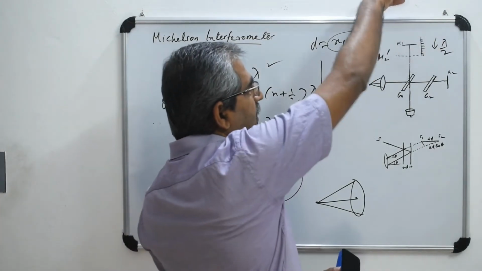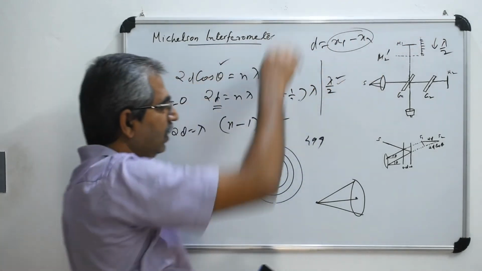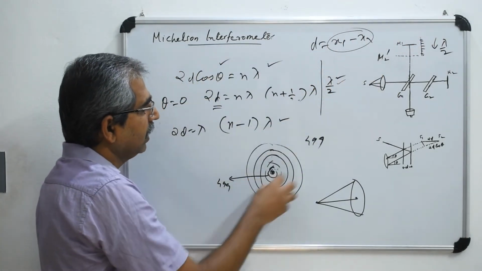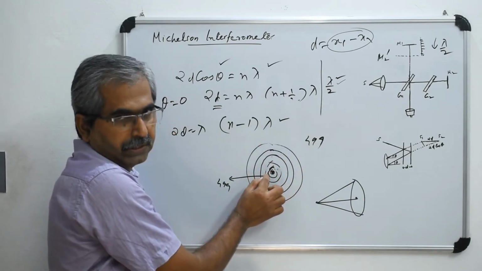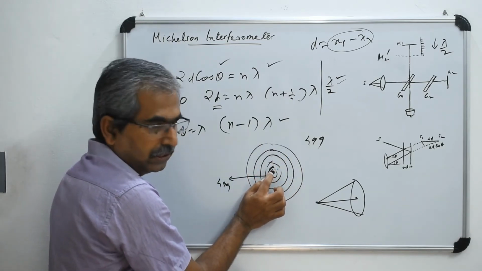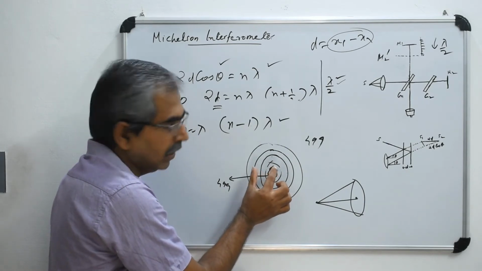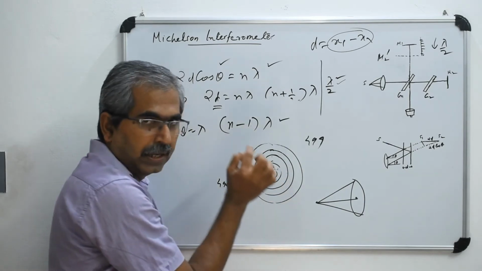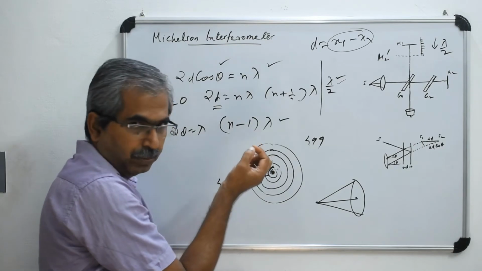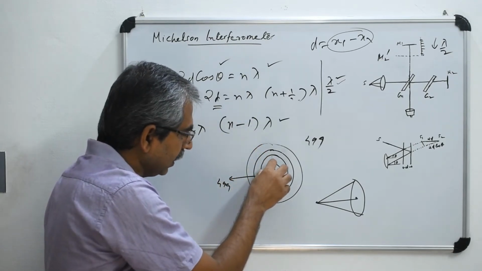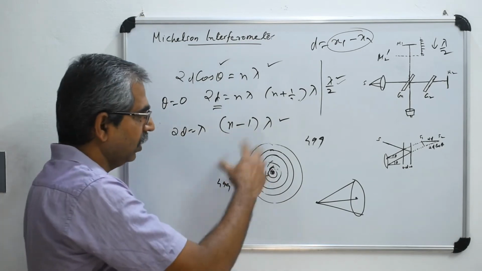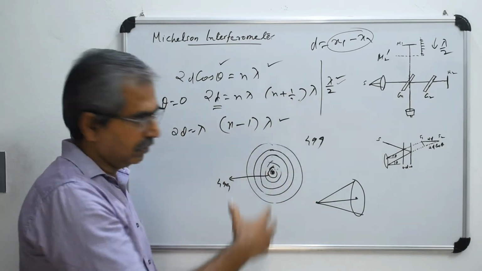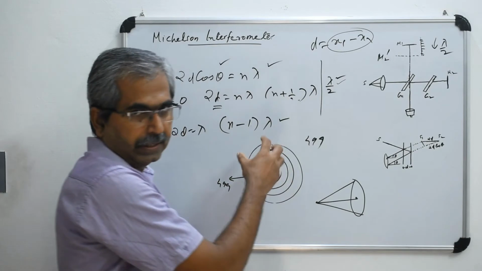And if you increase the distance of M1, what you observe is that this ring system will expand, and then new fringes will be formed at the center. See, initially this dark spot is there, it begins to expand, then it becomes a small ring, and at the center a bright spot is observed, and then eventually that expands and a new dark spot will be obtained there. So new rings will show up at the center.